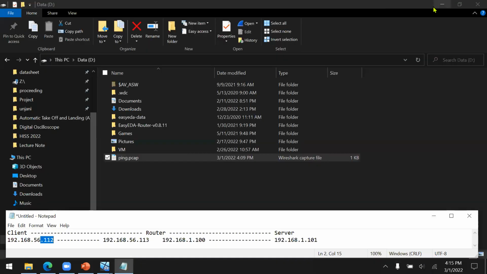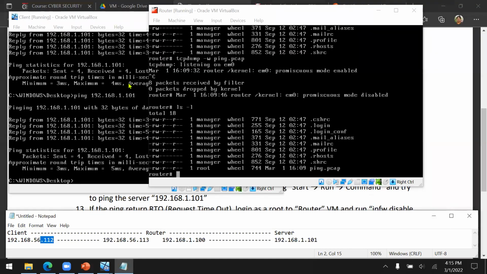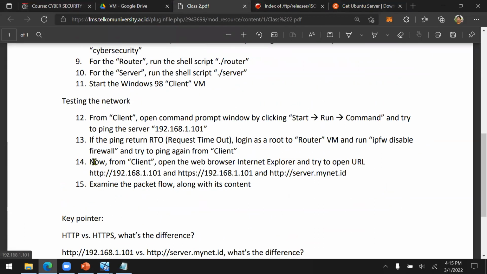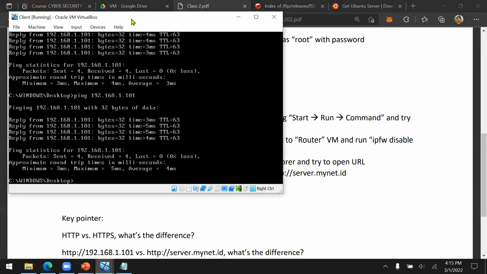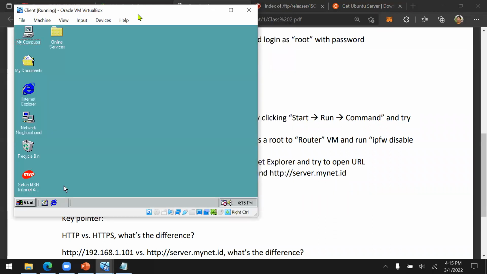Now let's move on. Now we want to try to use HTTP because the purpose of this class is to use HTTP. Now let's check our lecture note. Now open the web browser. This is Internet Explorer. Yes, it's a very old web browser, but don't worry, we just only need to use it, no harm done. You need to exit first in here, and then try to run Internet Explorer.